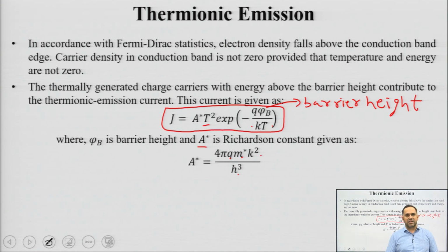If you apply the standard drift mechanism and get some equation for current density, it might deviate slightly from that value, because in situations where you have a very steep potential barrier, where the width of the depletion region is very small, or in a Schottky interface where the depletion region only exists on the side of the semiconductor, these situations, which are common in many advanced semiconductor devices, the current density is because of thermionic emissions and it changes slightly, and it is inversely proportional to the exponential of the barrier height.